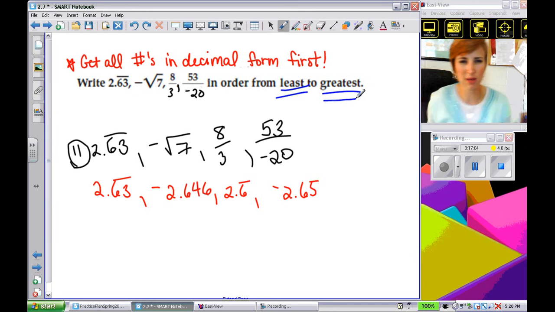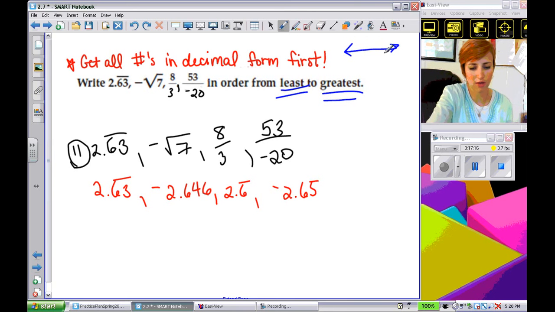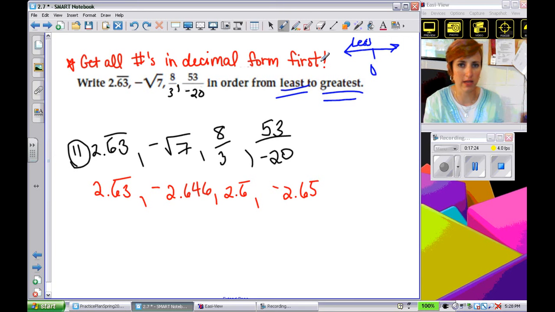So we have to find our smallest number. I'm going to go ahead and warn you, you can't be deceived by the negative symbols, okay? So remember, I'm going to sketch out here, if you have your number line, the farther to the left it is, the less of a number. So the farther left it would be, the lesser it is. So from least to greatest, which one of these would be my least? So if I look right here,